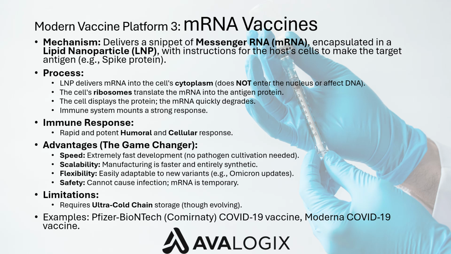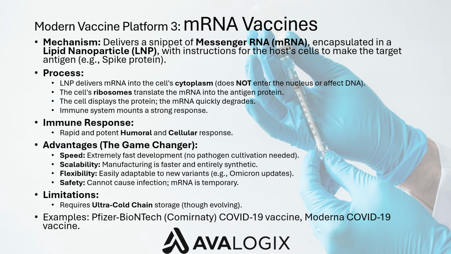Speed and scalability are unparalleled. You only need the genetic sequence of the pathogen to start manufacturing. No live cell culture or bioharvesting is required. This plug-and-play design allowed for unprecedented rapid development during the pandemic. The highly localized and transient production of the antigen also leads to a powerful, balanced immune response. The primary historical challenge has been ultra-cold chain storage, necessary to prevent the fragile mRNA from degrading, though formulation science